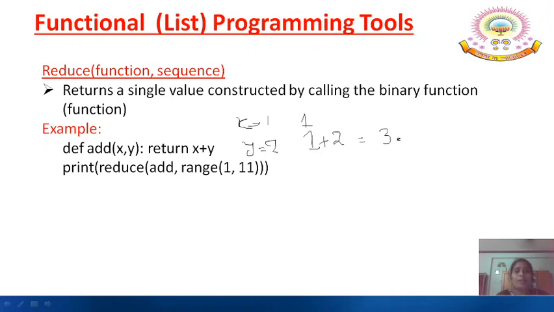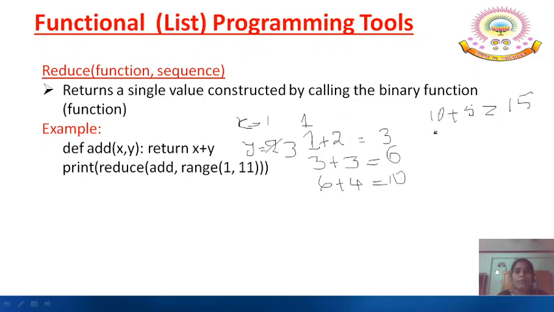Next, this will be taken as your x value and the next y value is 3. So 3 plus 3 is 6. Now 6 plus 4 is 10. Then 10 plus 5 equals 15.